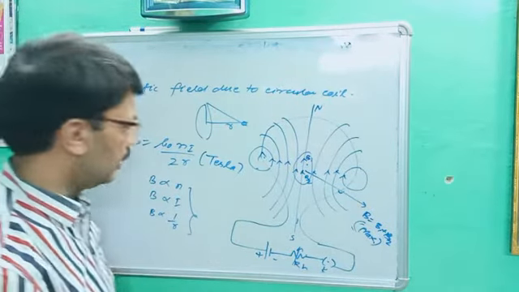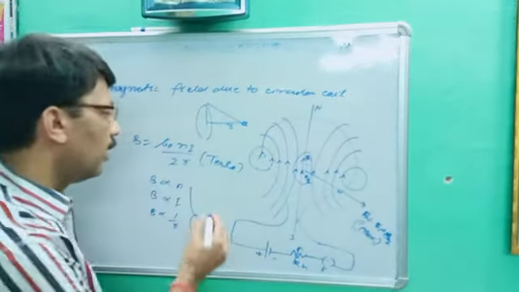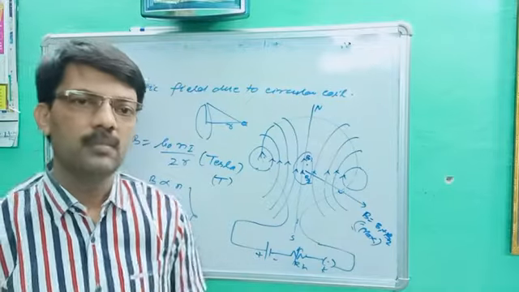In the previous lecture, I think we forgot it. The unit of magnetic field is Tesla, and it is represented by capital T. T for Tesla. Are you getting the point?